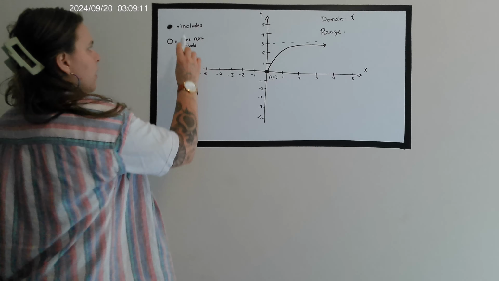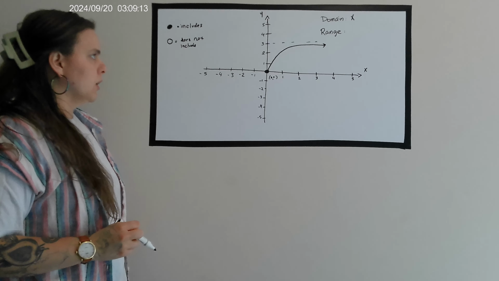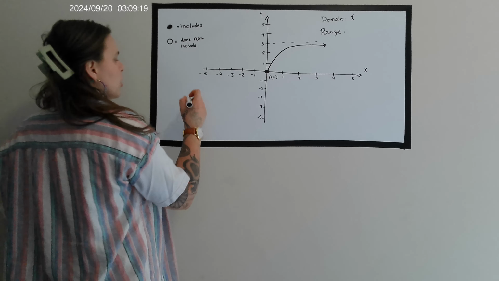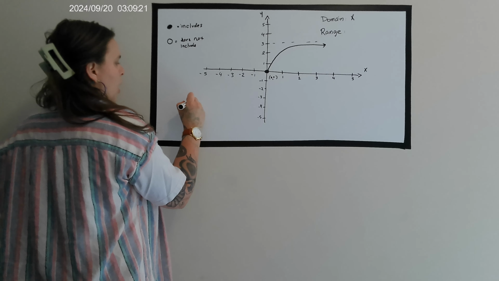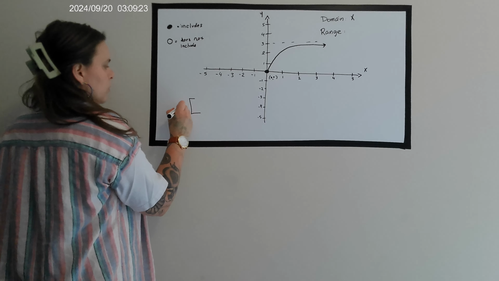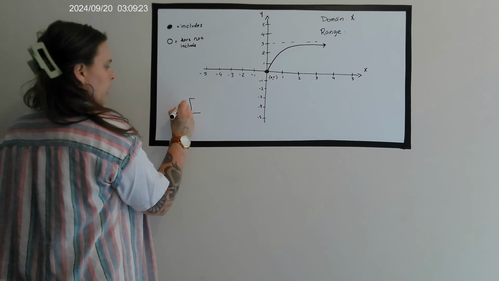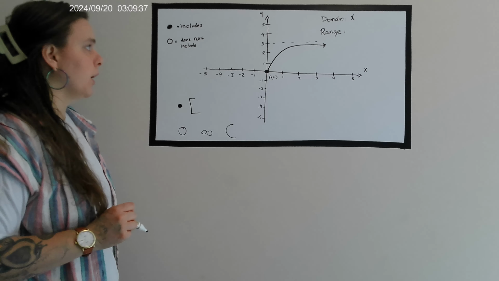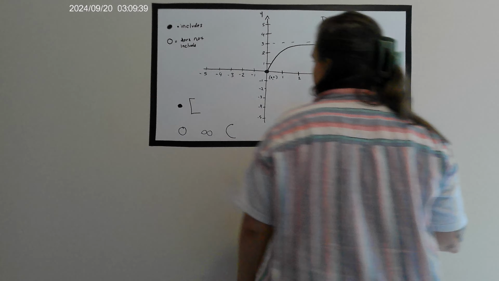If it is a filled in circle and it means includes, and it's a specific number on the x range, you're going to use a bracket, okay? If it does not include that number, or if you're talking about any form of infinity, you're going to use a parentheses, okay? So, back to our function,